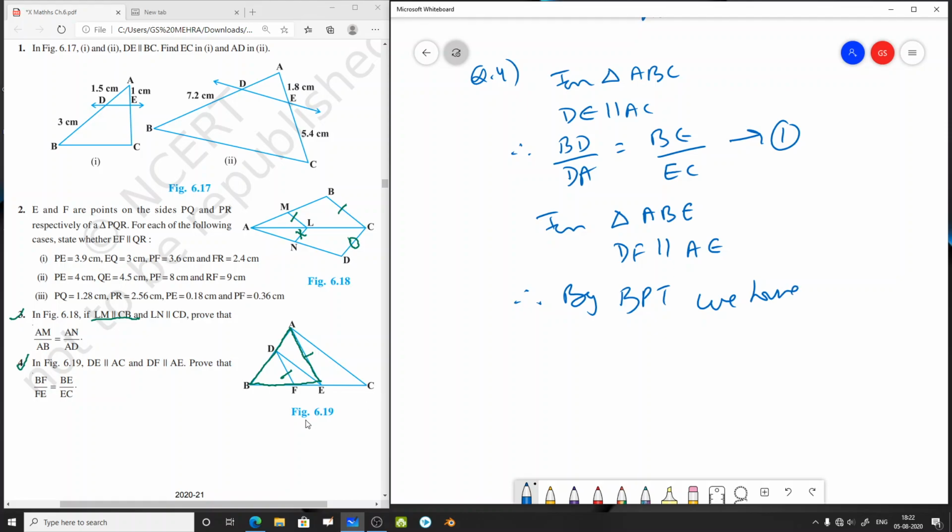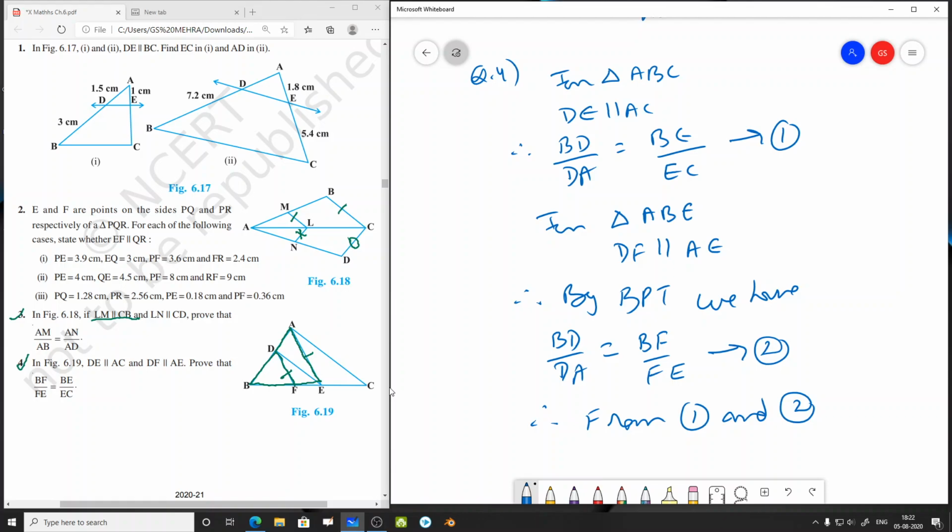In equation number 1, the left hand side is BD by DA. BD is a part of this triangle, so we take the same ratio, BD by DA, equal to the corresponding part of BD, and the parallel line this time is DF, so the corresponding part is BF. And the corresponding part of DA is FE, so BF by FE. Let it be equation number 2. Therefore, from 1 and 2,